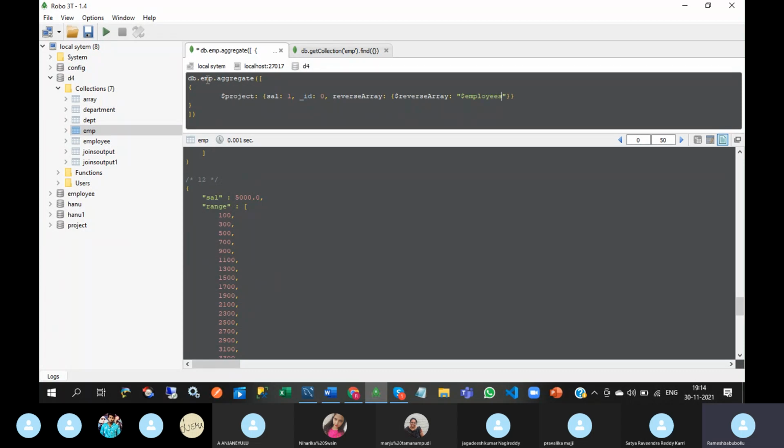And for this array you need to use array. So I am going to use DEPT collection. See this DEPT collection.